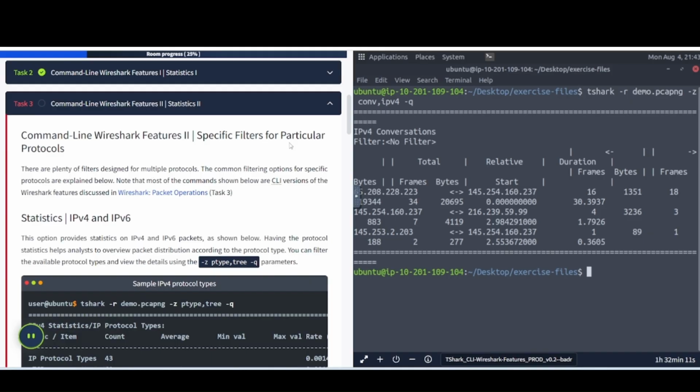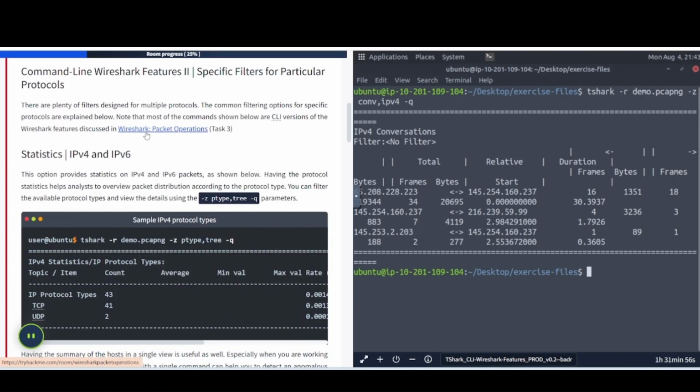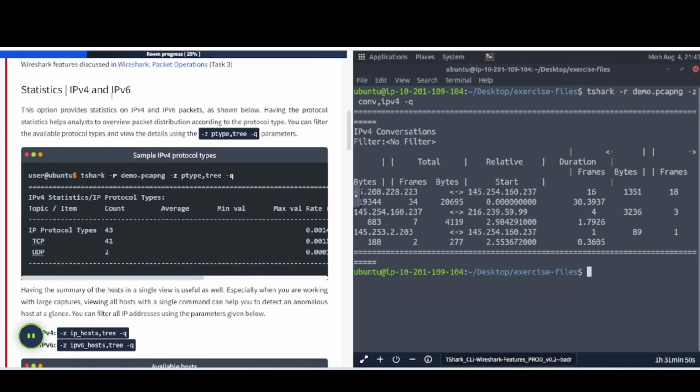To specific filters for particular protocols. There are plenty of filters designed for multiple protocols. The common filtering options for specific protocols are explained below. Note that most of the commands shown below are CLI versions of Wireshark features discussed in Wireshark Packet Operation Task 3. So go ahead and check this out, or you can look at my video to reference statistics IPv4 and